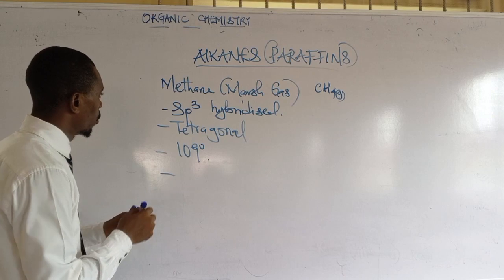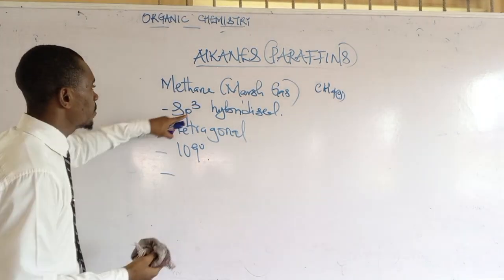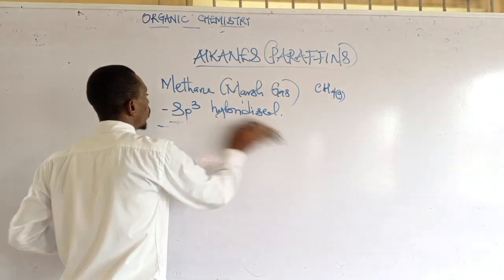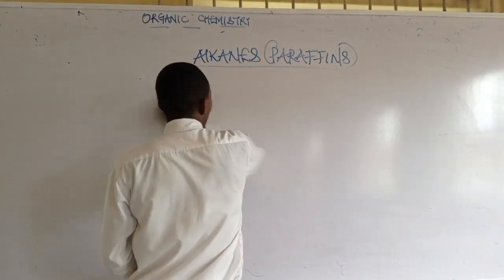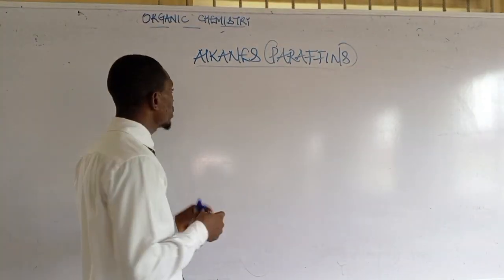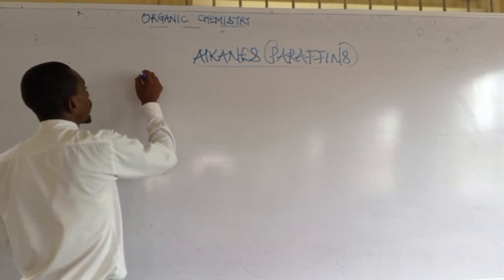And then, okay, so these are some of the peculiar things about methane. sp3, tetrahedral, and a bonding angle of 109 degrees. How do we prepare methane in the laboratory? Methane gas is prepared by the action of